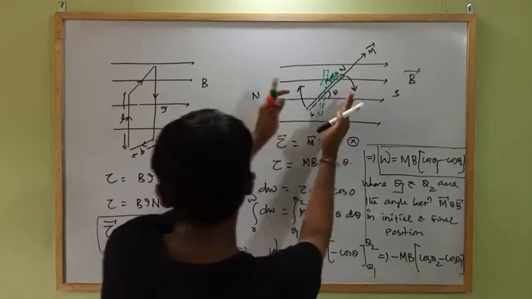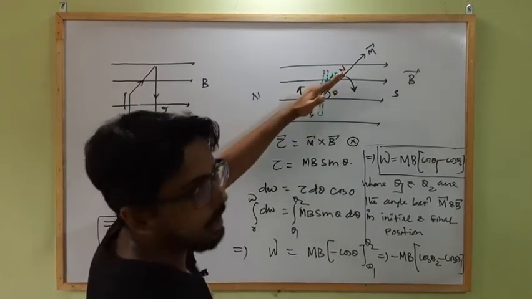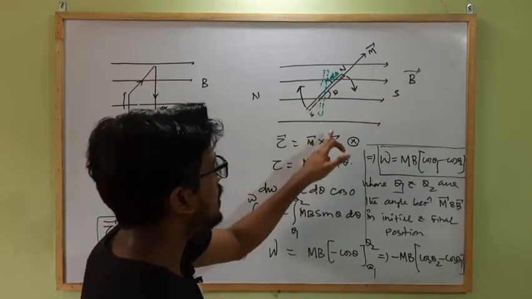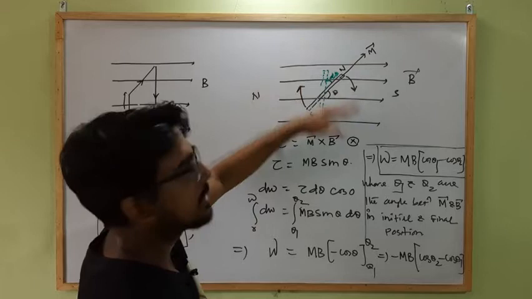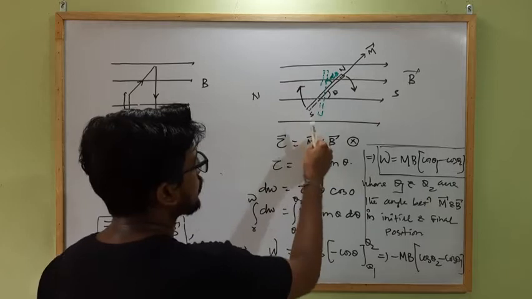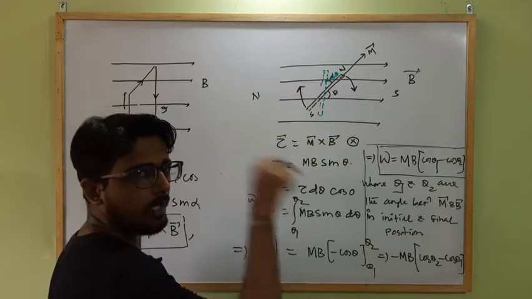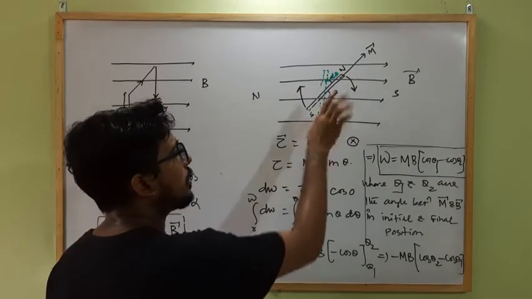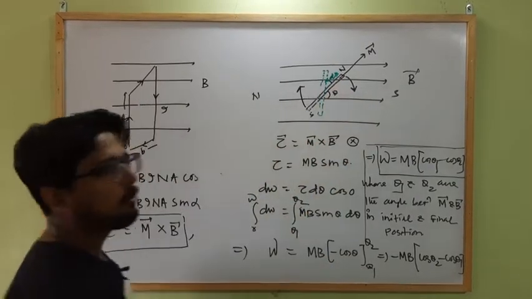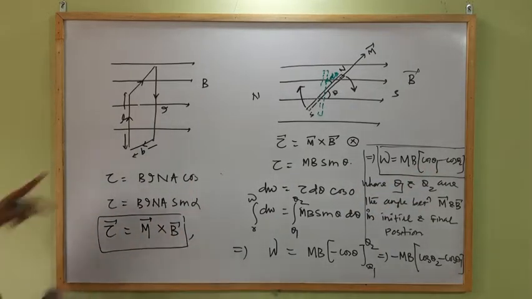If we relate this with a current carrying coil, we replace the bar magnet with a current carrying coil on which a torque M cross B is acting due to the external magnetic field, and we want to rotate it from theta 1 to theta 2. The magnitude of M we know, and its direction can be calculated. I already told you that by curling the fingers along the direction of current, the thumb will show the direction of M, and B is already given to us. So we can calculate the torque by replacing the dipole with a current carrying loop. So the work done becomes the same expression for a current carrying loop.